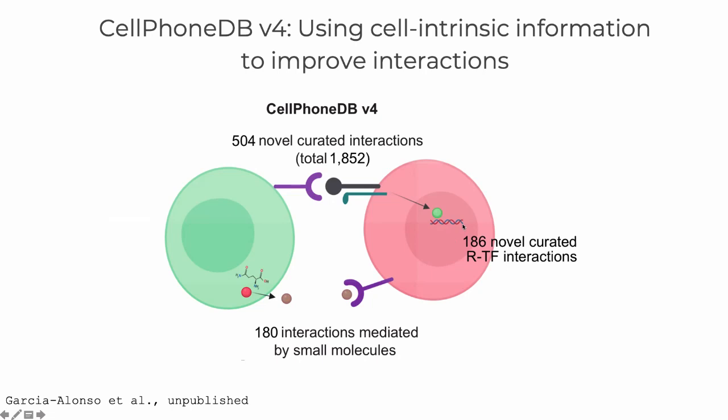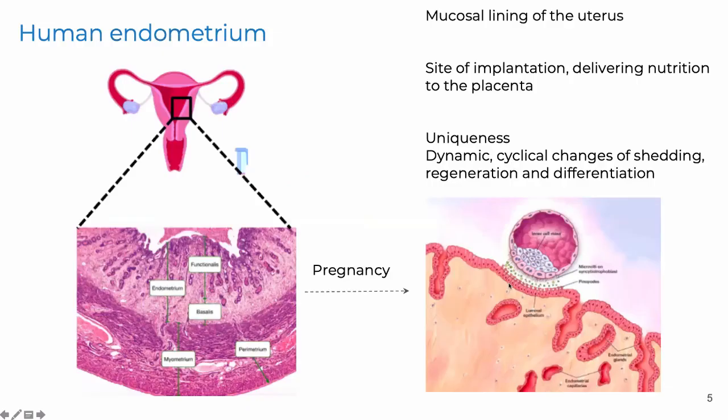This gives us a subset of interactions that are more likely to be happening, because we use this transcription factor that could be predicted by transcriptome, but also by a tag as a sensor of this pathway. So for today's presentation, I'm going to tell you how we have used CellPhoneDB and other tools